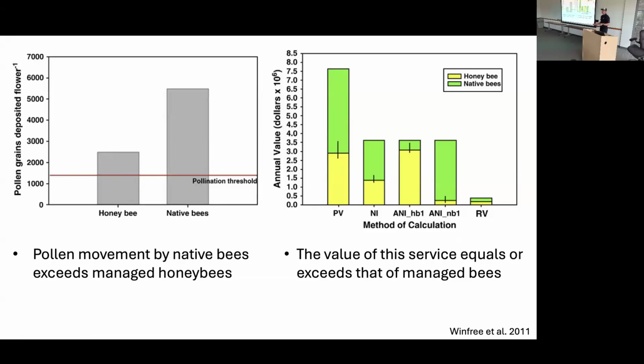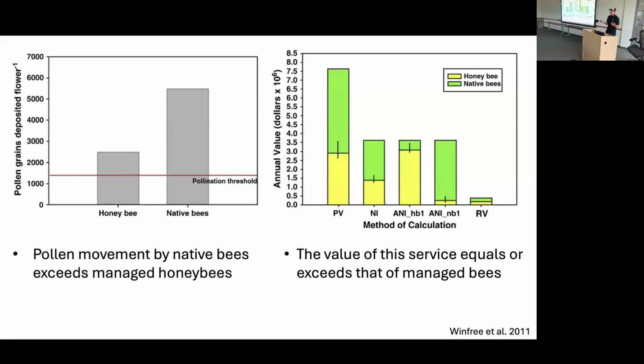They're very important for pollination services, and this figure shows you that in two different ways. So people, when they think of pollination and agricultural systems, they almost always think of honeybees. But in fact, native bees do a very large amount of that lifting. And so in this figure, what you're looking at is the pollen grains on average carried by a set of